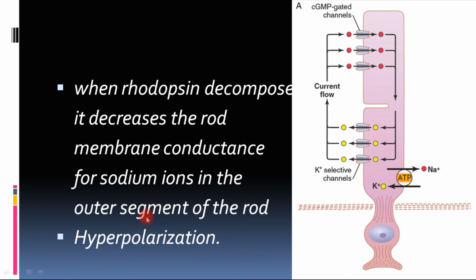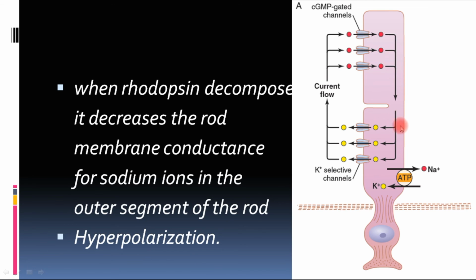In most of the receptors, depolarization is the one which gives signal to the next cell, but in the case of rods and cones, it is very important to understand that hyperpolarization is the one which gives signals to the next layer of the cells. So hyperpolarization is giving the signal, not the depolarization as in the case of other sensory receptors. Okay, so how is the hyperpolarization being formed here?